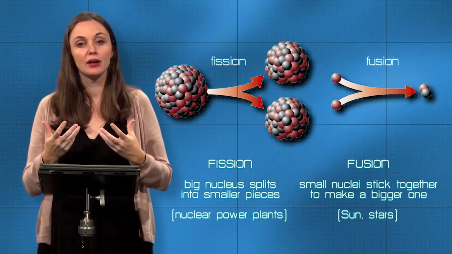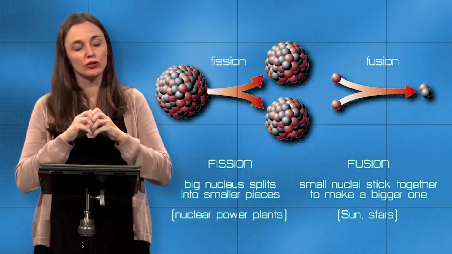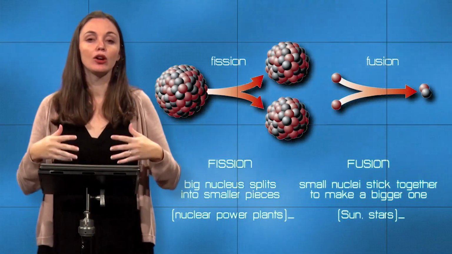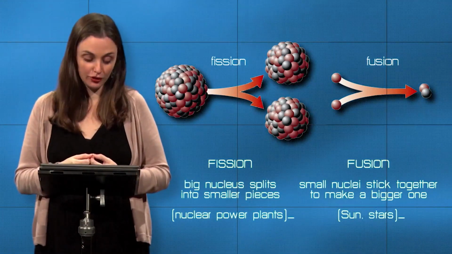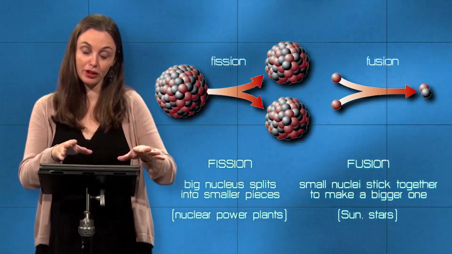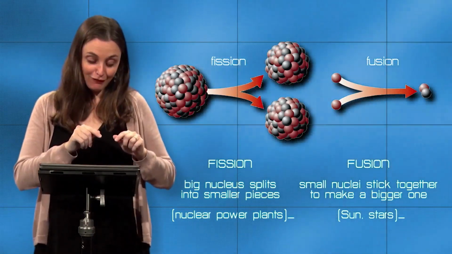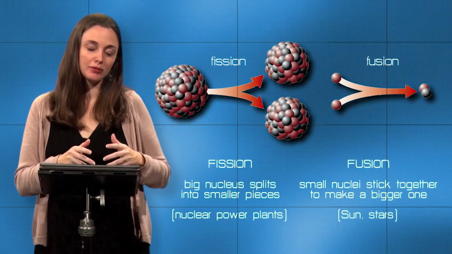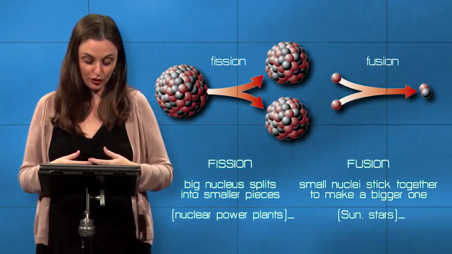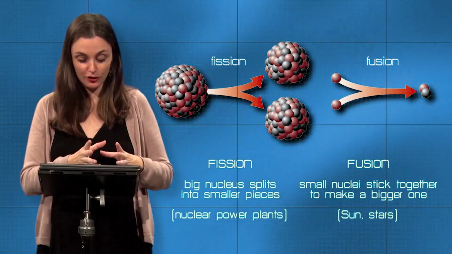There are incredibly immense forces, strong and weak nuclear forces, that hold the atom together, so that when you split it apart, or when you add particles together and make up a new atom, you create an incredible amount of energy as a result. So fission is the process of taking a particle, splitting it, making up something smaller. 4 divided by 2 is 2 and 2. But fission is not going to be something that happens with any kind of frequency in the sun. The sun is going to be powered by fusion. So nuclear power plants and the vast majority of nuclear weapons are powered by fission.